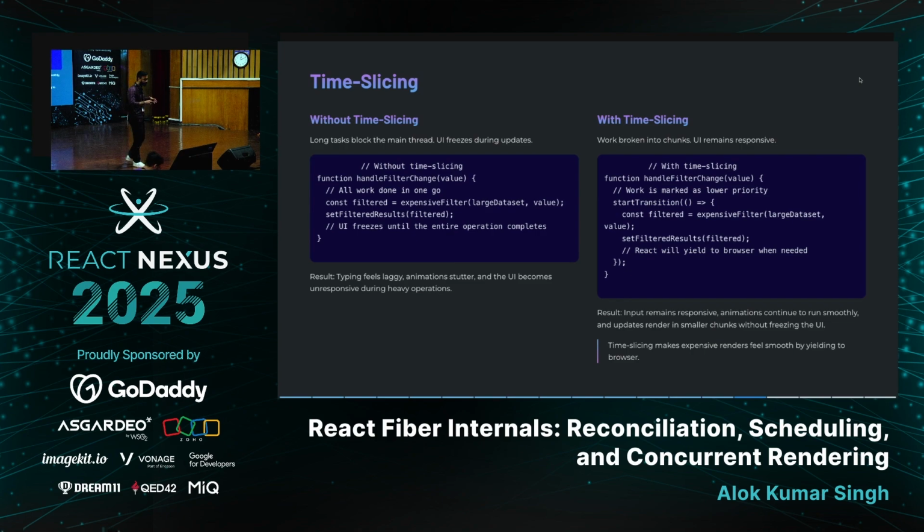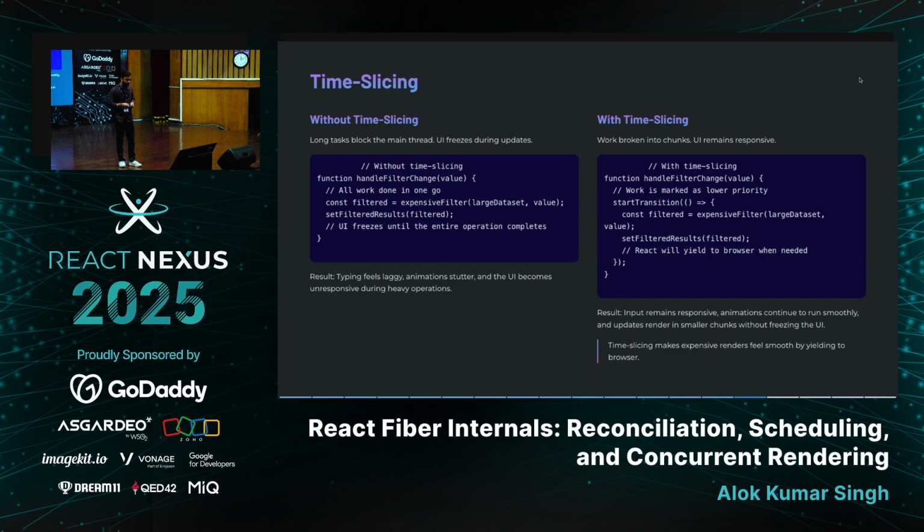Whenever React sees this state, since we are not wrapping anything here, it will start executing. It will get the default lane, and it will start executing since the default lane has the higher priority. Whereas in the case of time slicing, we have wrapped that expensive filter under startTransition. That will mark this expensive filter as a lower priority. That means if any urgent task comes, React will immediately stop this expensive filter update and do that task on